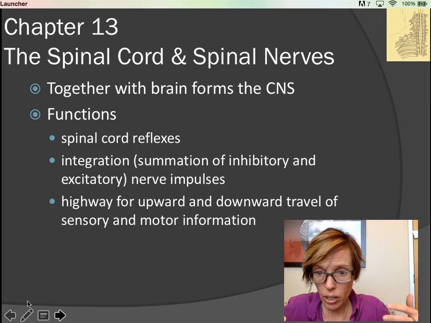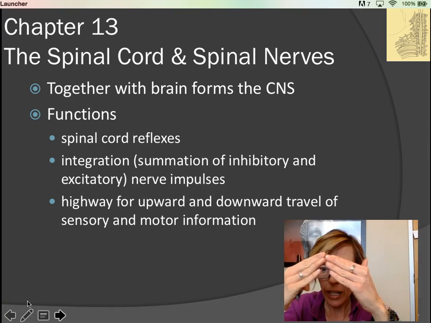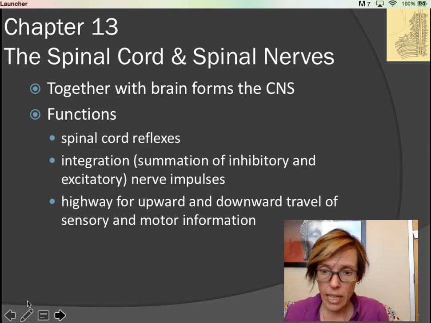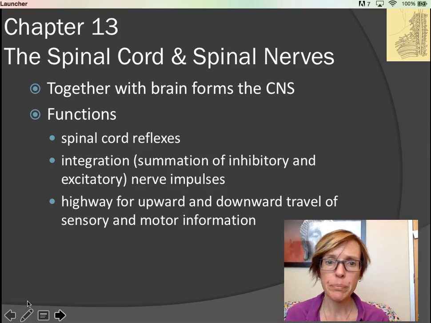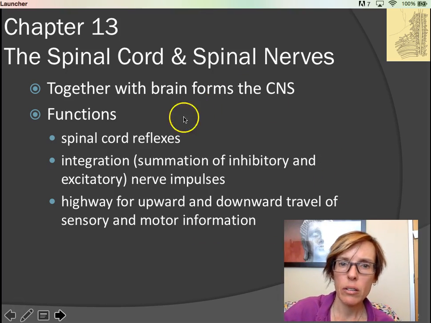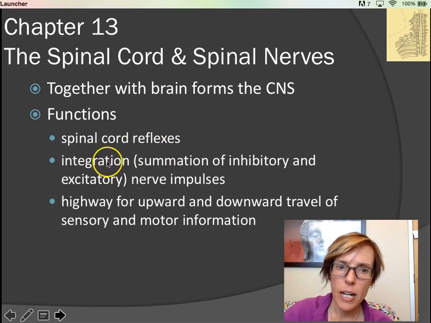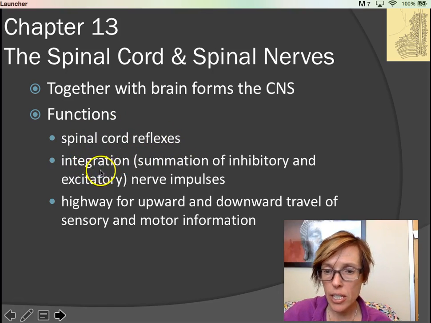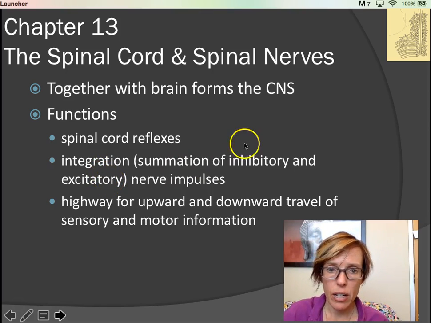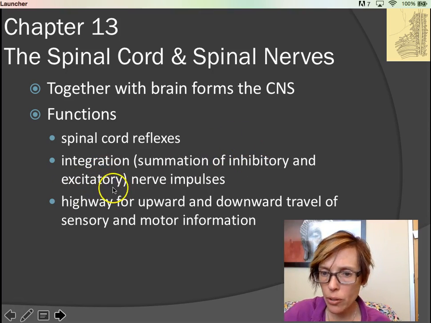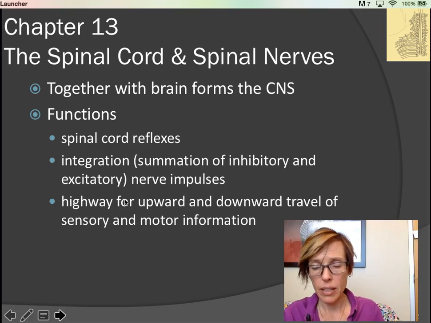So let's actually now talk about how it gets into the spinal cord, up to the brain, and then how it gets from the brain down out to like muscles, right? So we're going to talk about some of these different tracks. Some of the things that we're going to talk about are spinal cord reflexes, how this information is actually integrated. So you're going to have inhibitory and excitatory nerve impulses,